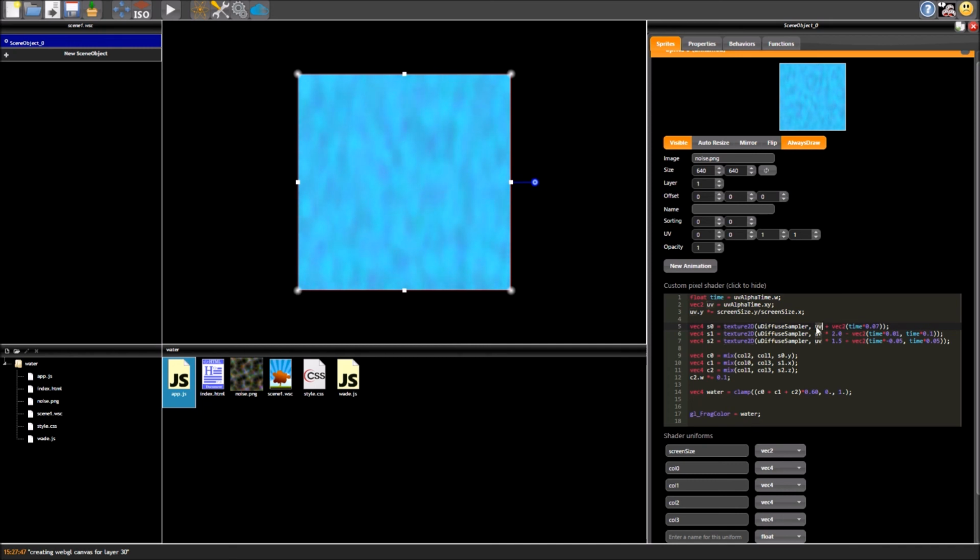We look at the coordinates at our current pixel, but then we shift those coordinates by a random amount based on time. Because time changes, as long as we have always draw ticked, we will get movement. If we untick it, nothing should happen, although I don't think that's actually worked correctly. I'm going to have to check that. But make sure it's ticked anyway, it's just good to be safe. You don't want to optimize all your beautiful shader code away. So that produces our movement.